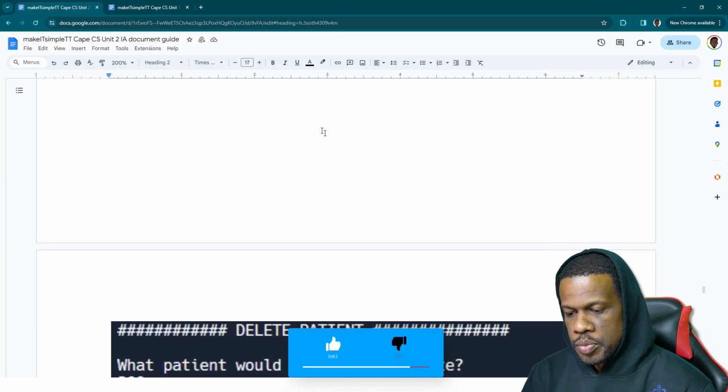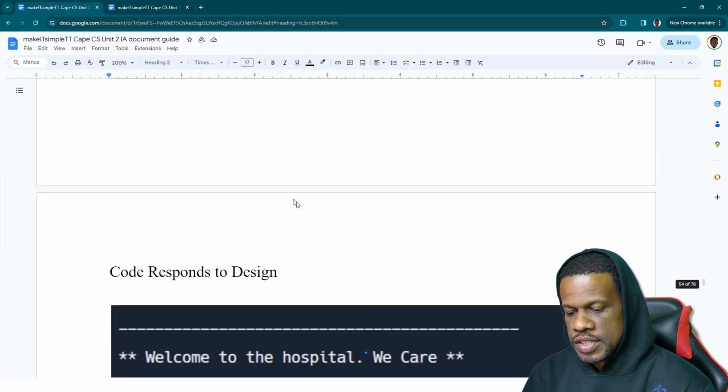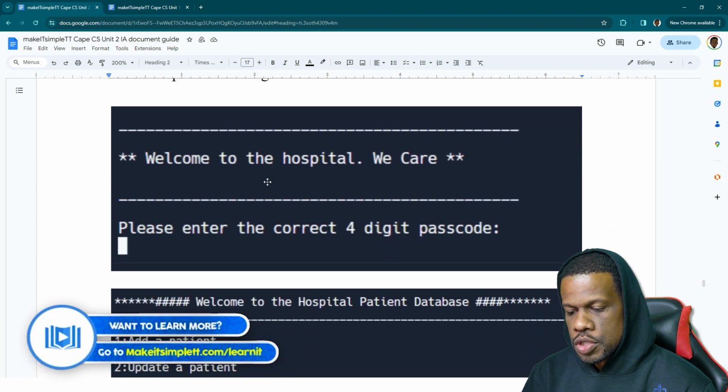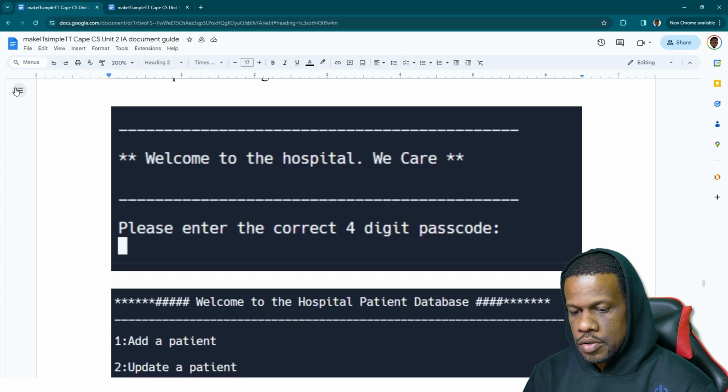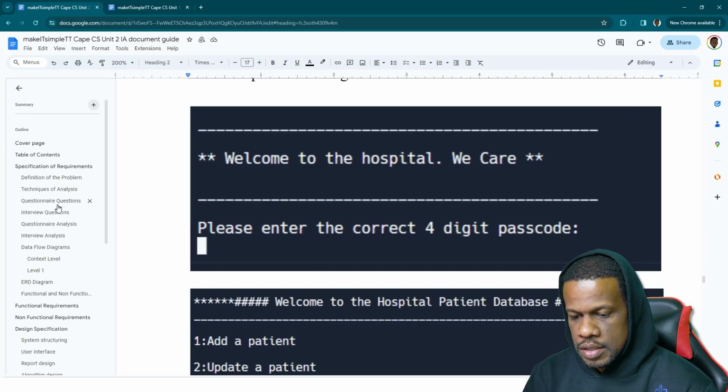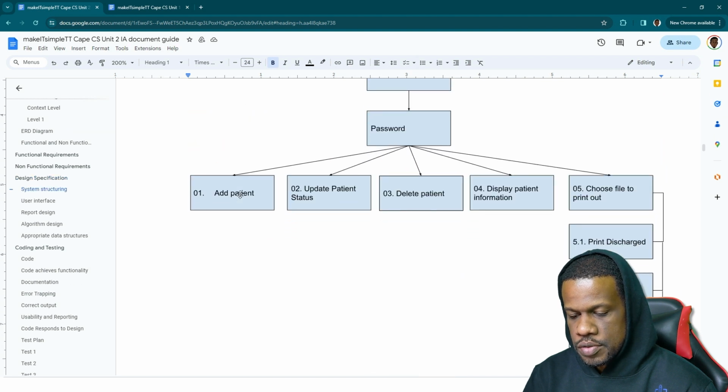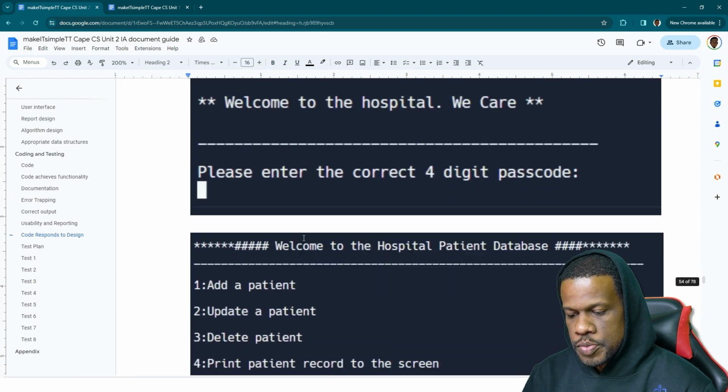Oh, we put that inside here? Yeah, code response to design is inside here. So we're showing that the design that we had on top matches back. Code response to design is 5. Achieves all the design specifications. The design specifications would have been, according to this part on top here, to show that the system was structured the way it's supposed to be with the menu, the user interface, report design, all of that matching back up. So code response to design,